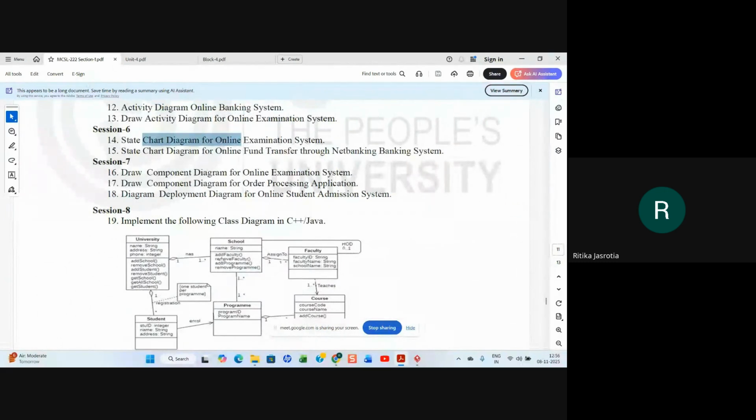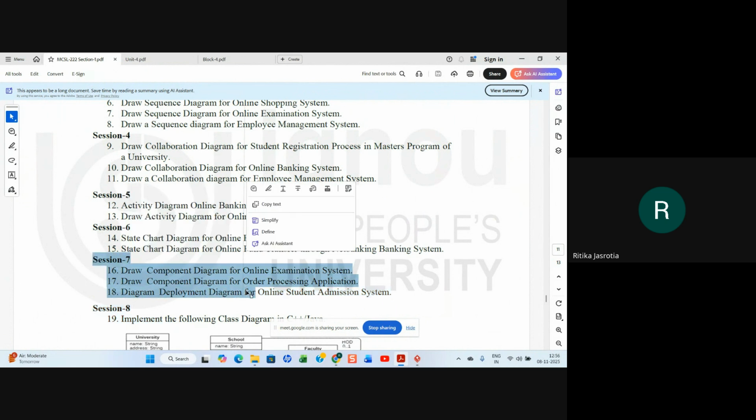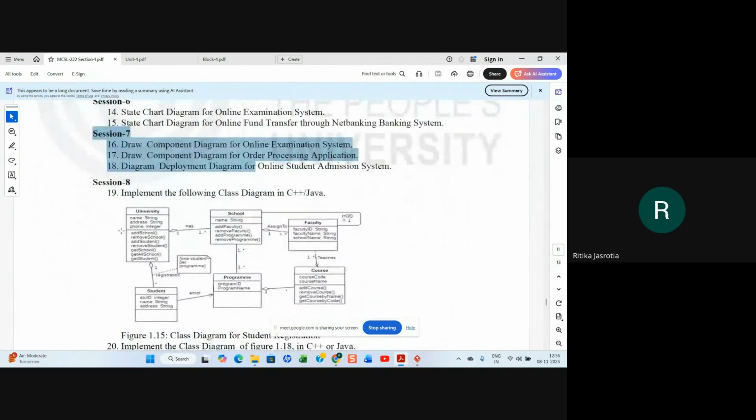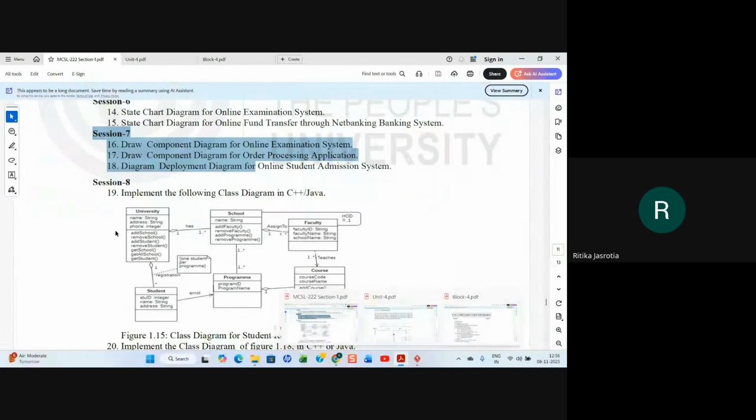So we will understand block 4, and then we will do that, right? Simultaneously. So in the next session, that is tomorrow, we will only do this component diagram and deployment diagram. On next Saturday, Sunday, we will be doing these, okay, right? So this is from the theory part. This was what was left. So we will simultaneously complete that.